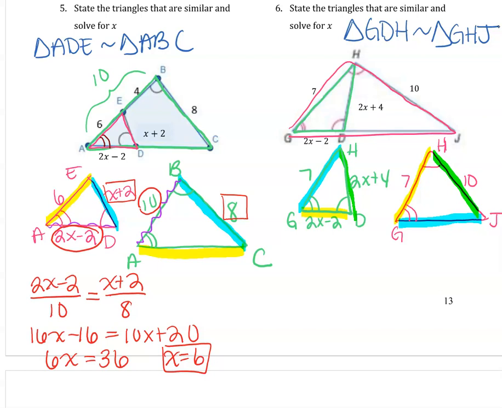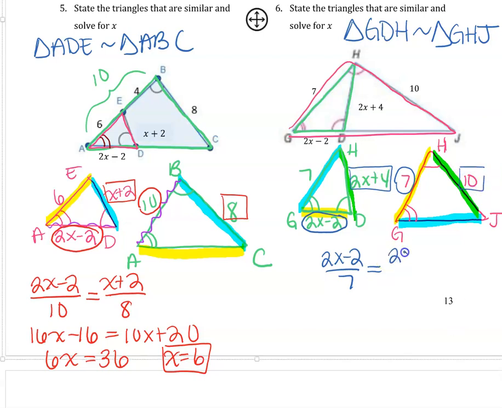So now from there to solve, let's map up corresponding sides. 2x minus 2 to 7 as 2x plus 4 to 10. And color coding makes life real simple, guys. If you don't color code or do some sort of patterning, it's just going to be such a difficult problem to solve. Okay, so from there, this is 10